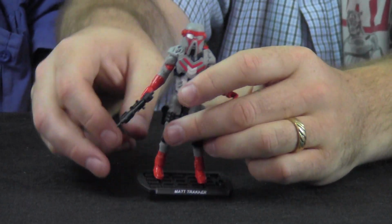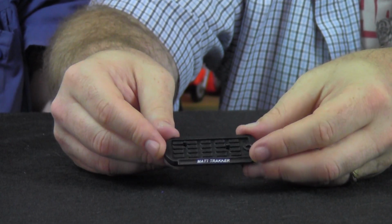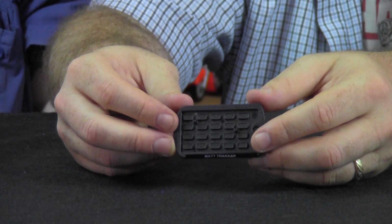So Matt Trakker. Also, the other interesting thing is they all come with display stands, but they're all the G.I. Joe Rise of Cobra dog tag stands. But the problem...